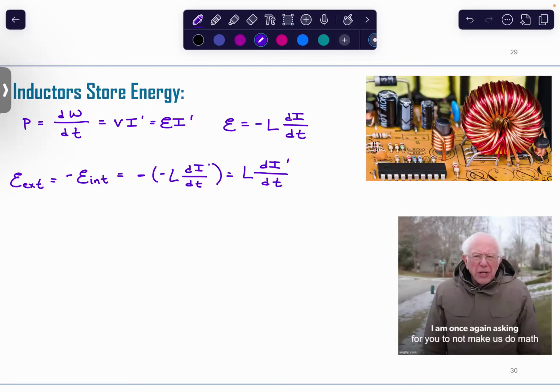Okay, and we'll finish this the next time. We'll finish this on Friday, probably finish the chapter, but